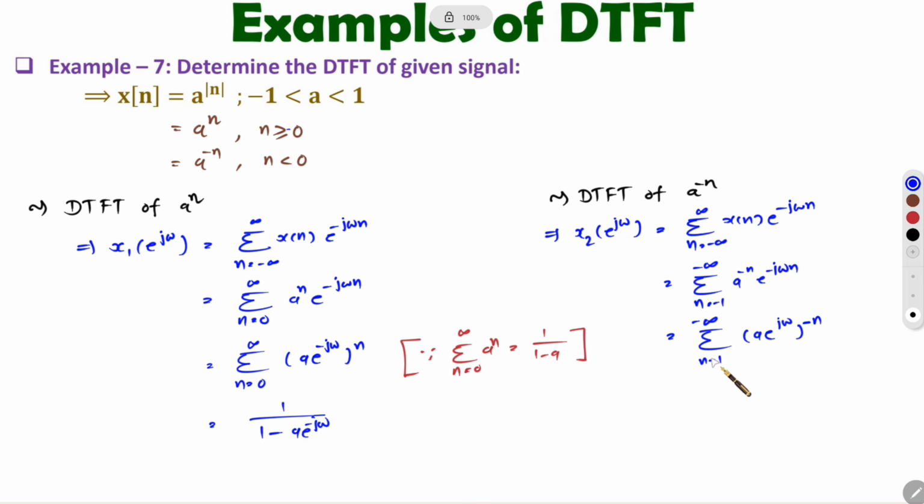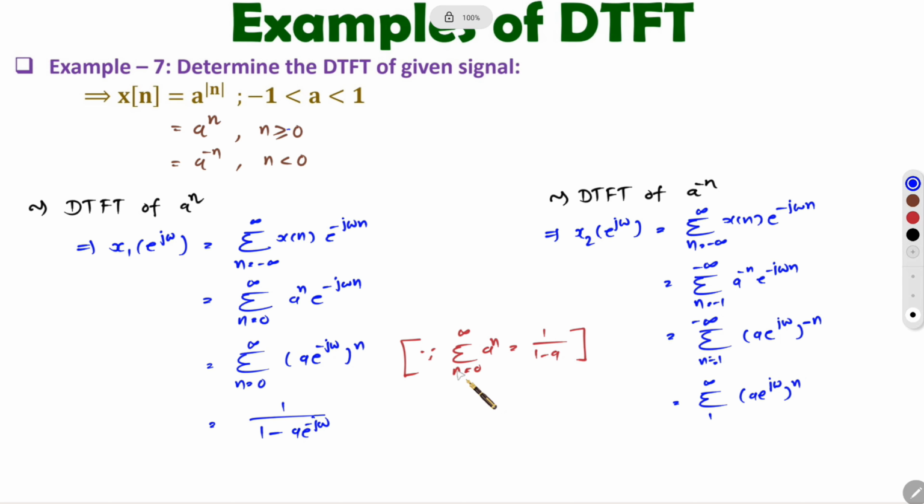So we are converting this range into 1 to infinity by replacing n with minus n, right? So we have this calculation with the power of positive n. Now if you observe, n is ranging from 1 to infinity,